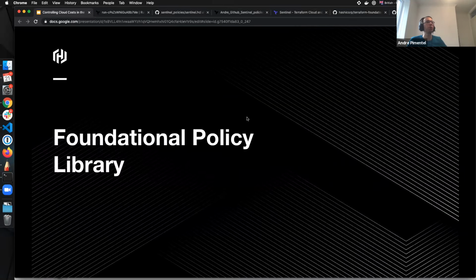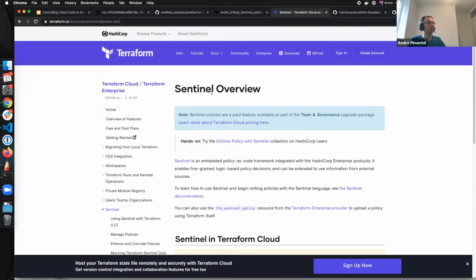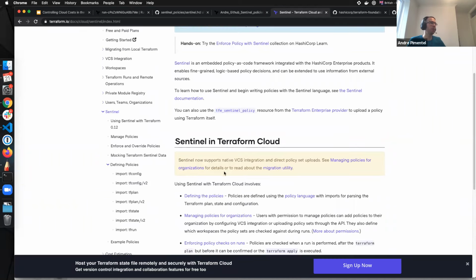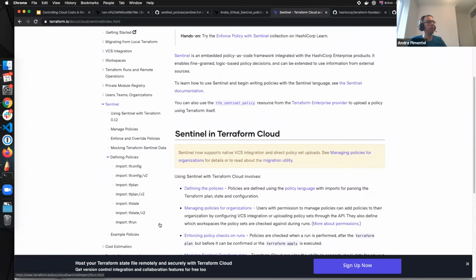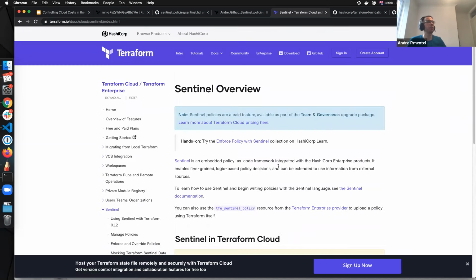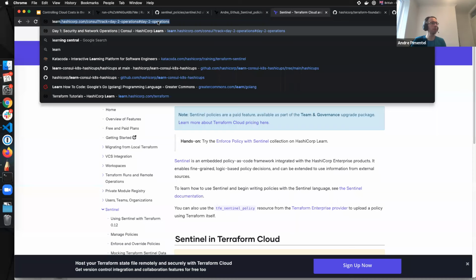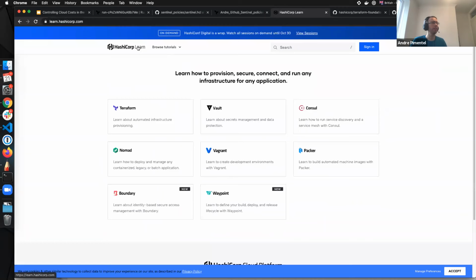And last, let me show you some links. The first one is the documentation about Sentinel. So we have here detailed information about the imports, how we manage policies. Anything that I discussed today is on the terraform.io docs. Also, if you go to learn.hashicorp.com, you see here that there are learning tracks for all our HashiCorp products, including the new ones, Boundary and Waypoint.